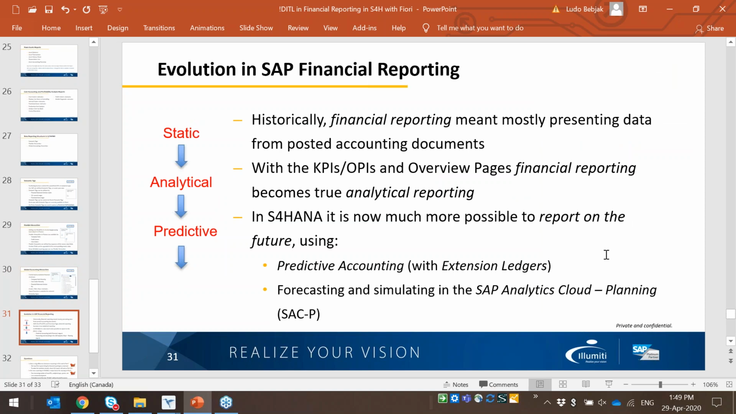In closing, I just wanted to point out that this is the evolution in the SAP financial reporting, right? Historically, in ERP, financial reporting meant mostly presenting data from posted accounting documents. You post something, you go to a report, and it shows there. In the current state of affairs with Fiori, you have the KPIs and OPIs, so it's much more analytical. Of course, you can always run these, and you need them when you need to report to your management, to auditors, and the bank, and everything. But for your internal analytical purposes, you have many out-of-the-box